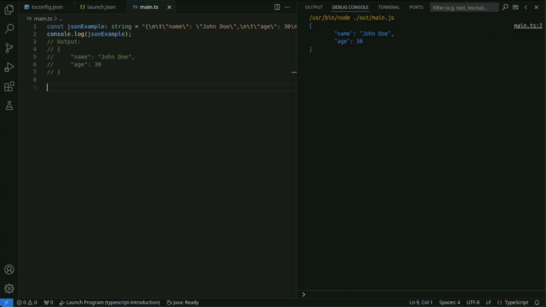In this example, \n is used for a new line and \t is used to add indentation. This makes the JSON structure easier to read. Escape characters are very important when working with strings in TypeScript. When you want to include special characters or control characters in a string, you can create expressive strings by using appropriate escape sequences. Understanding and using escape characters correctly can improve code readability and maintainability.